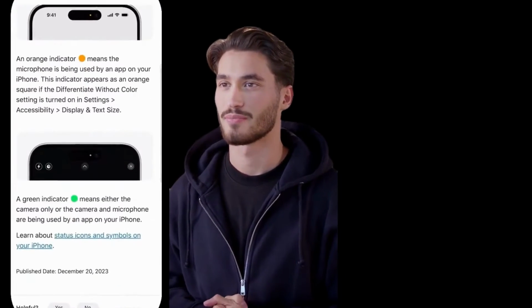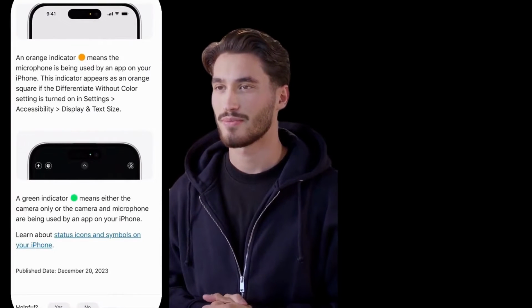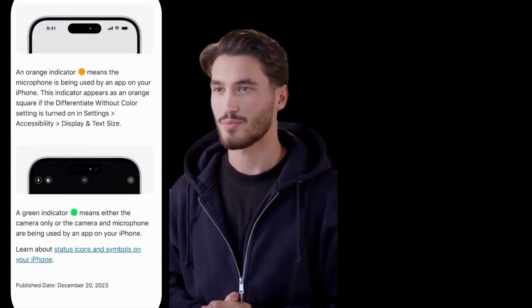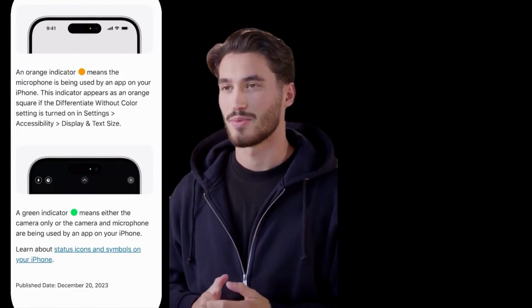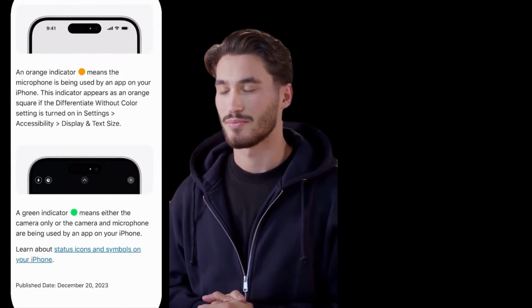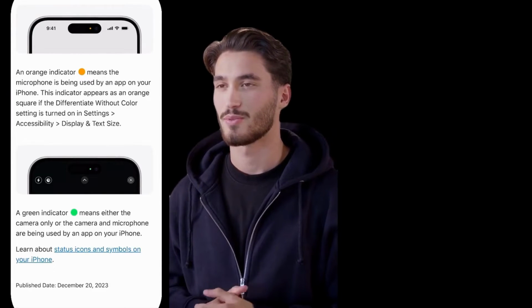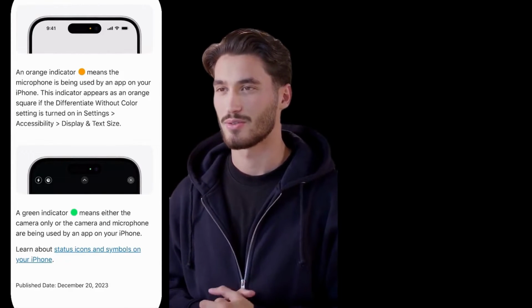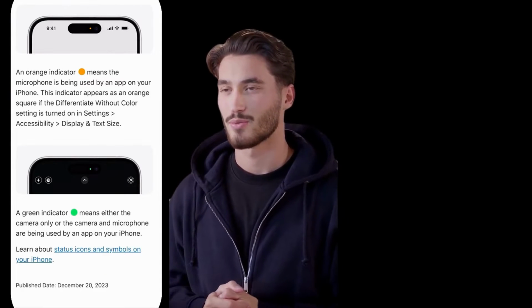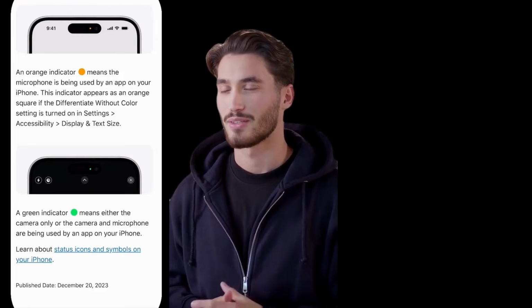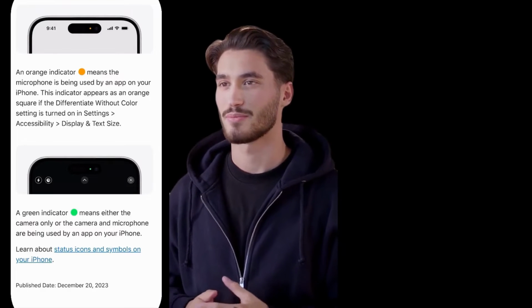There are several different things you can check, whether you're using an iPhone or an Android. The first thing to do is to look at the very top of your screen. If you see a small orange dot, it means that the microphone is currently being used. Or if you see a small green dot, it means that either your camera or both your camera and microphone are currently being used. Now, if you see these dots at the top of your phone when you're not making a call, not on FaceTime or anything like that, it could indicate that someone is using your microphone or camera